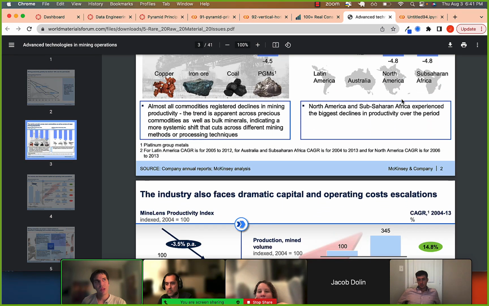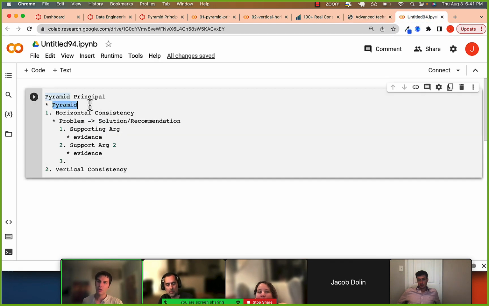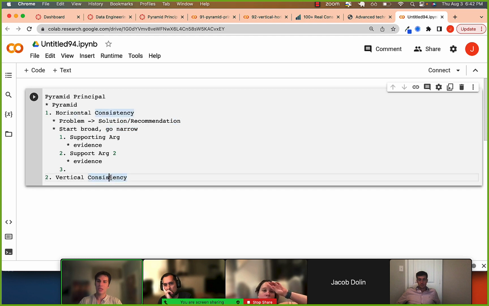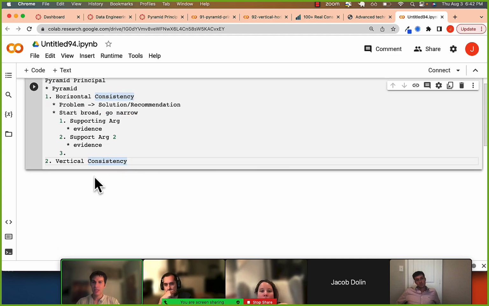I'm trying to think if there's anything else. So in terms of, right, what we covered, we have this kind of overall pyramid, right? And then we have these 2 components that we want to keep throughout our presentation. One is the horizontal consistency, right? Where as you read each top line, they should flow. And a good kind of overall structure is problem to solution / recommendation, and then start broad, go narrow, right? And then this vertical consistency idea, whereas everything in a specific slide should support that top level argument, right? And the top level argument should essentially